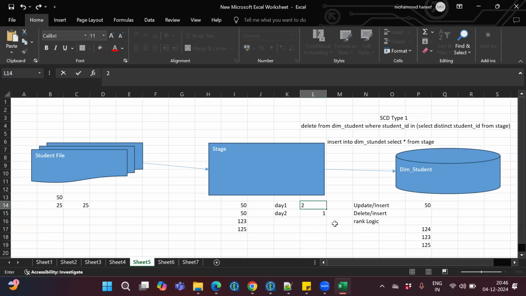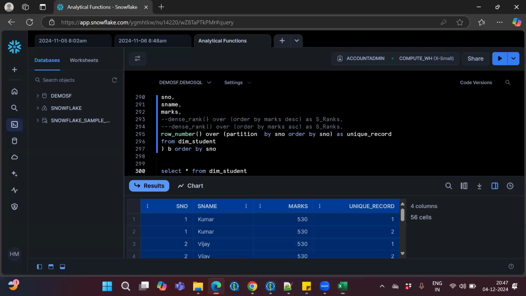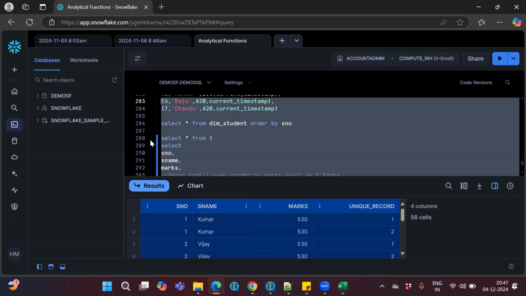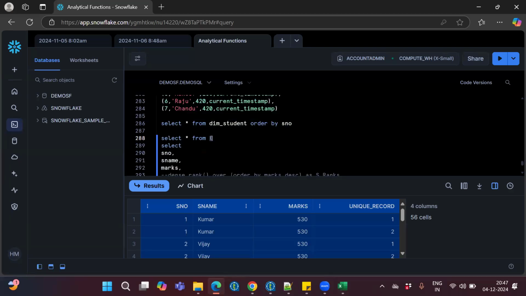So when you select the data where rank equal to 1, then what will happen? You will get the 75 records here. So that you can indirectly create SCD type 1, the same logic. So something like that we can use, this row number, to create the SCD type 1 table as well. So where can we use this analytical function, how can we use this in real time. Now if you see here,